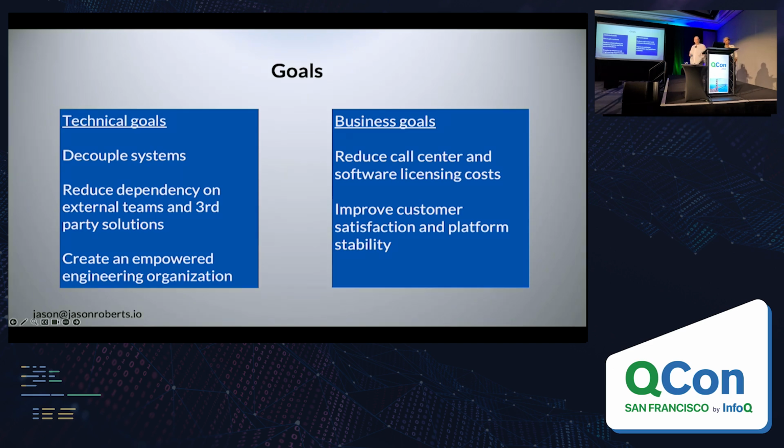That's the siloing that Sonia described. Different teams delivering at different cadences with different ways of working. And then there's also those third-party solutions we talked about, which come with their own set of requirements to integrate with. And then the third thing is by doing this, we create an empowered engineering organization because they're owning the end-to-end slice of all that work, despite the fact that they're ultimately dealing with this mainframe underneath. But it turns out that we can make it so that that's not the most important thing.